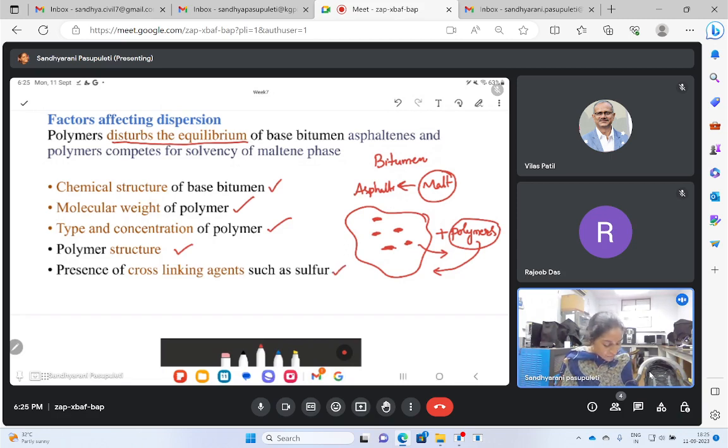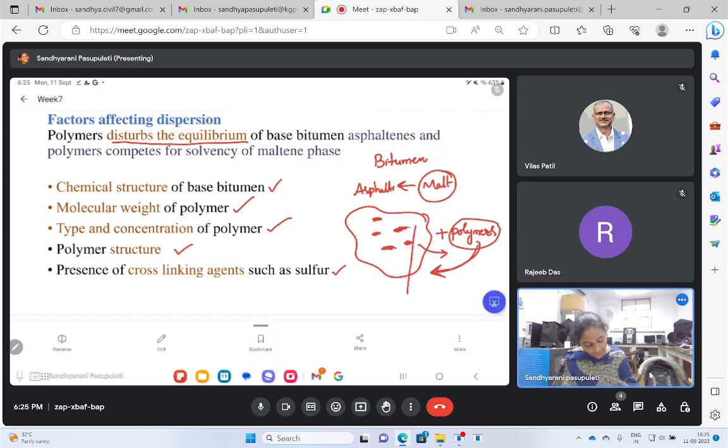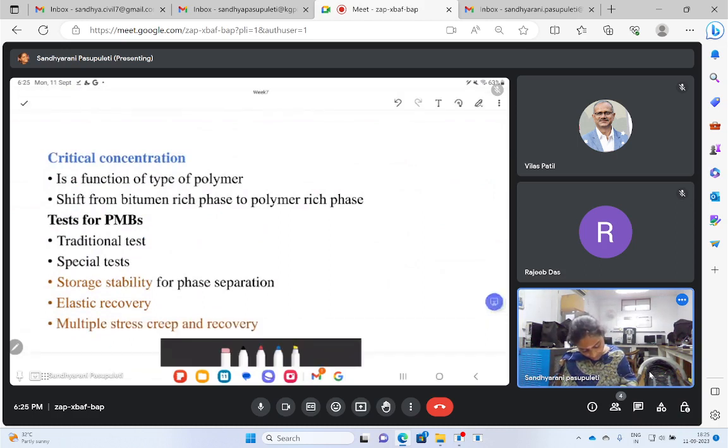As I have informed, when I start adding this polymer, it will actually affect the dispersing state of the asphaltene. To avoid that, we might use some cross-linking agents like sulfur. What happens when I use the cross-linking agents? Let us say we have polymers, and we already have base bitumen. To this base bitumen, I have added polymer to improve the properties. While adding this, let us add some sulfur. So when I add sulfur, what happens is